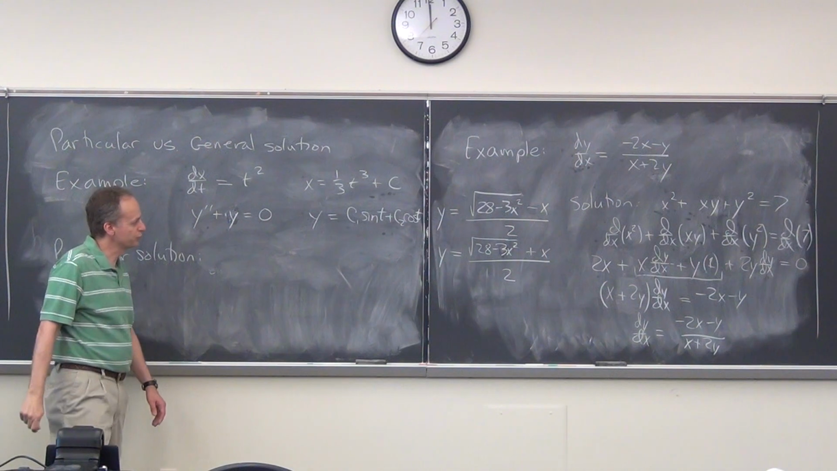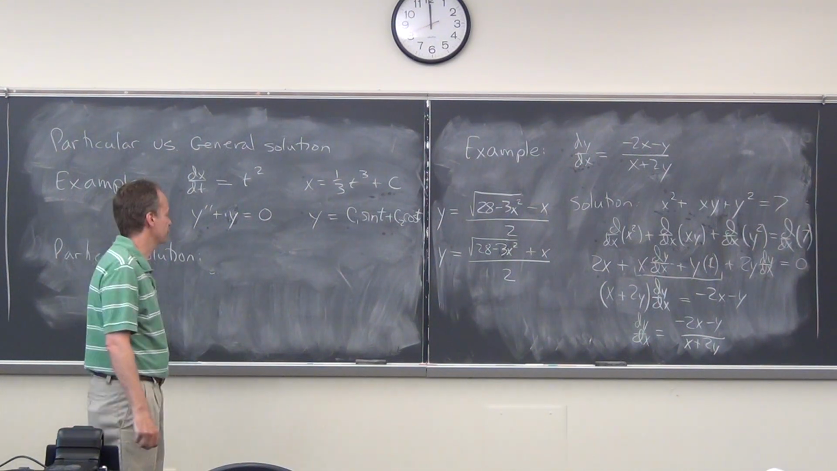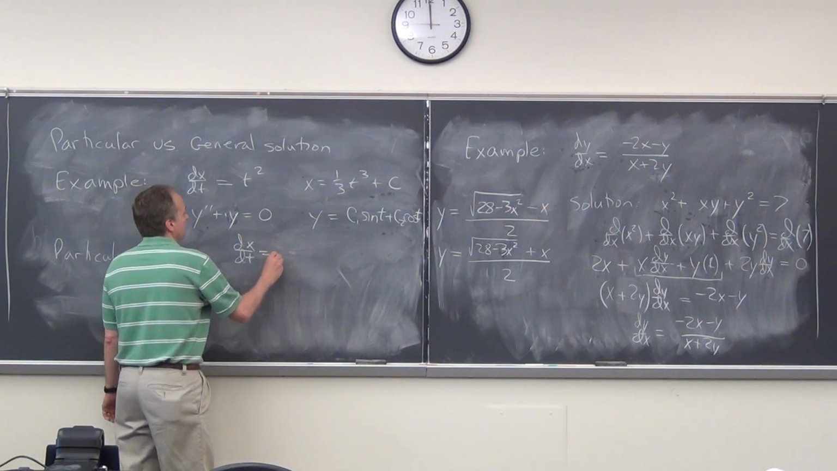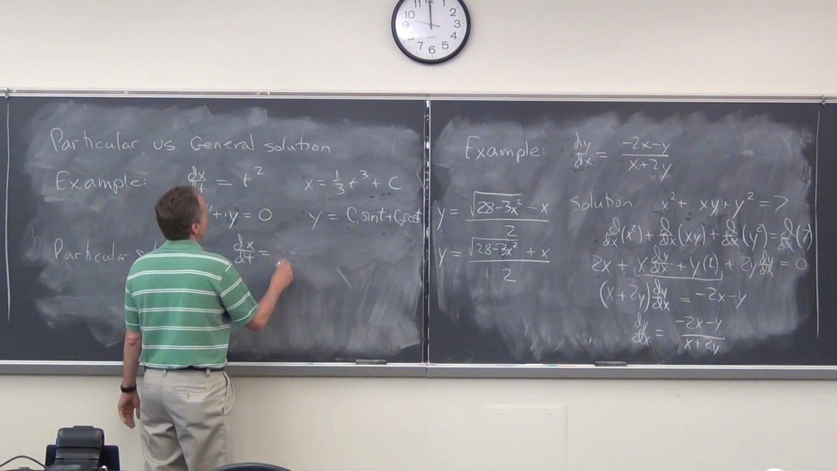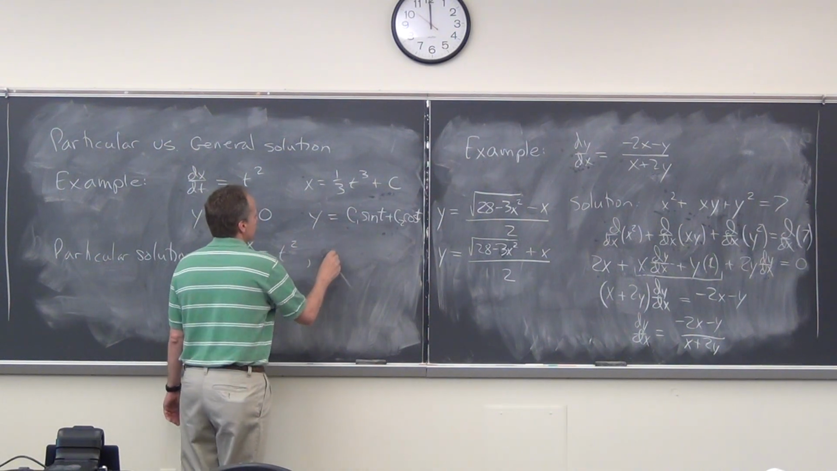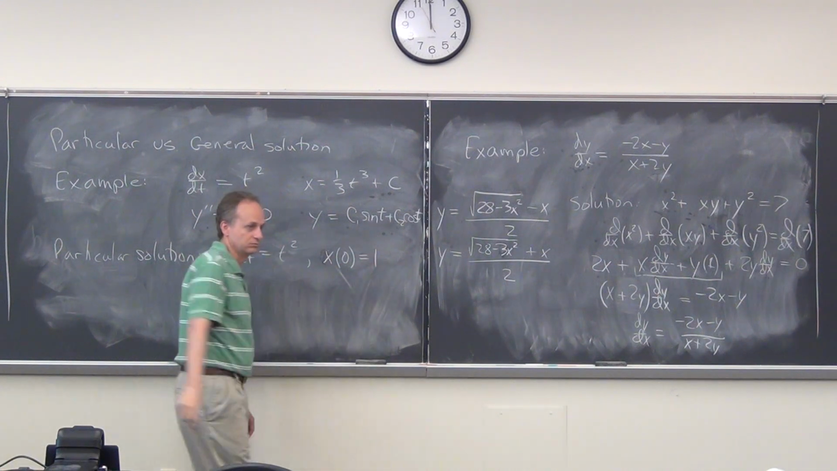And particular solutions are determined by some additional criteria, sometimes called initial conditions. So for example, if I wanted a particular solution that satisfied this equation, and also the initial condition where x of 0 had to be equal to 1,